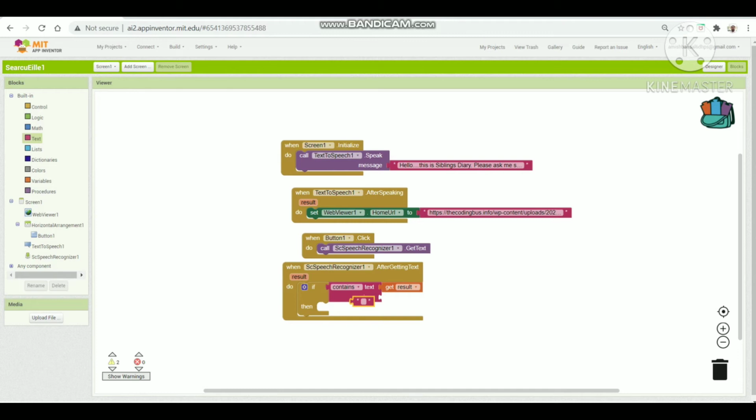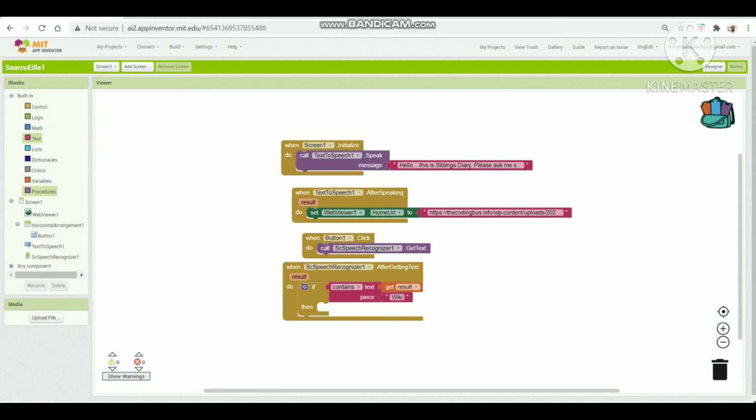In this type the text as wiki. So wiki here is showing Wikipedia, and make the W of wiki capital.